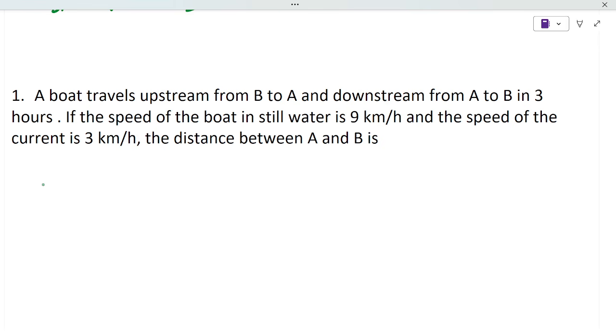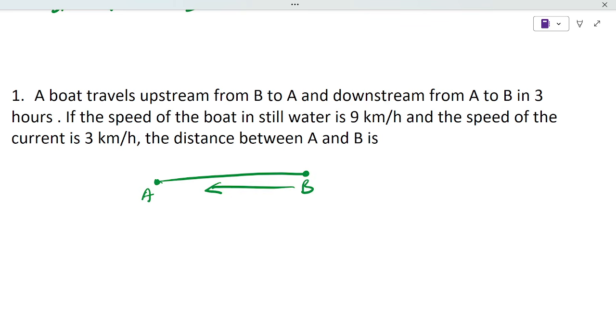A boat travels upstream from B to A and downstream from A to B. That means they're traveling the same distance in 3 hours. So if the boat goes from A to B,